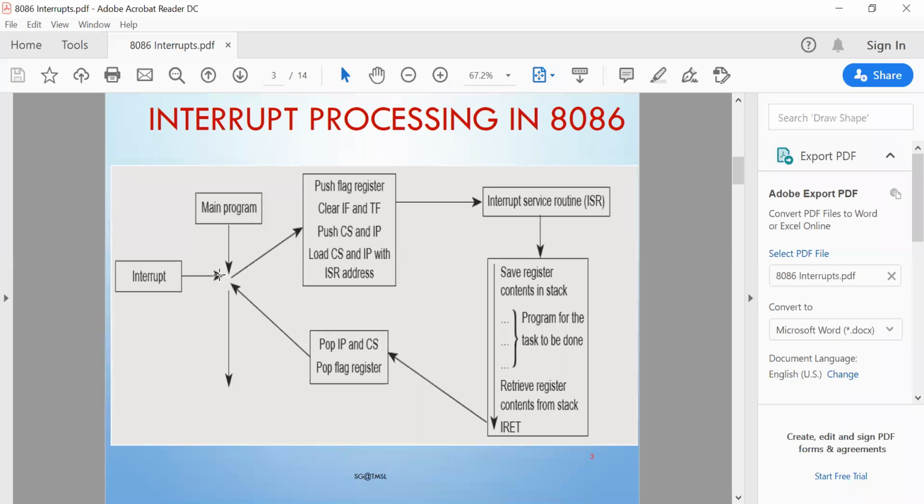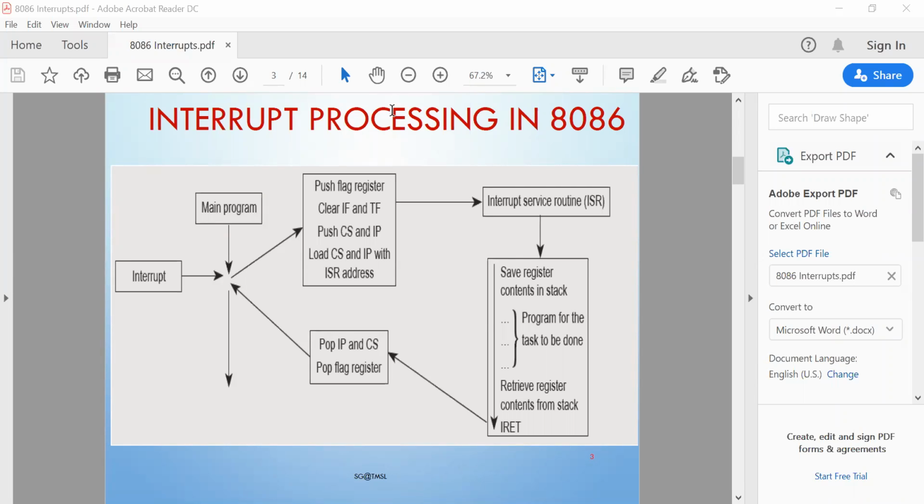So all of these must be stored into the stack, so that when it comes back after the execution of the ISR, it can resume the execution from the point of interrupt. That's why it first pushes the flag register onto the stack, then